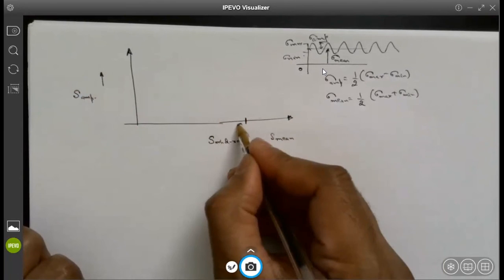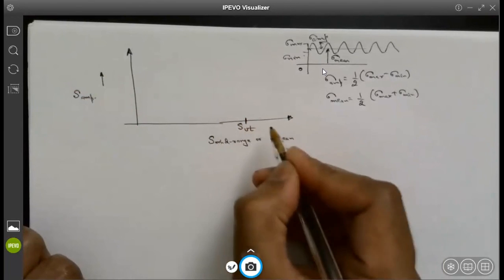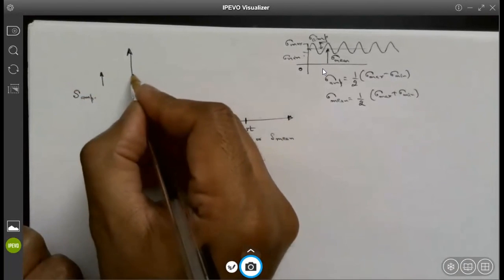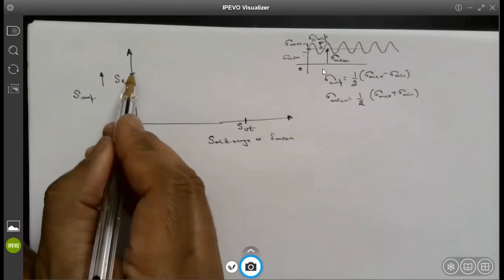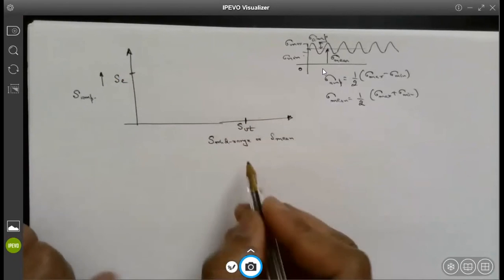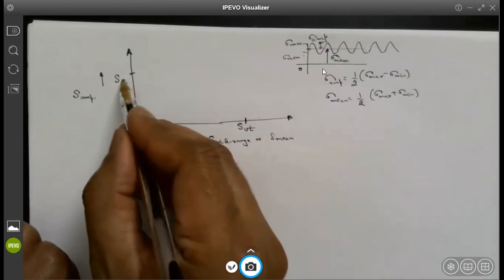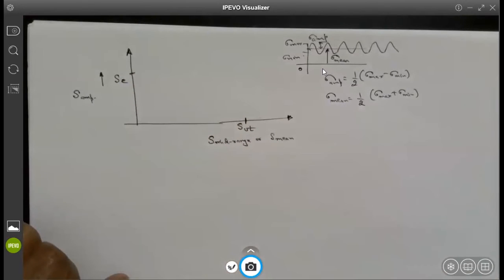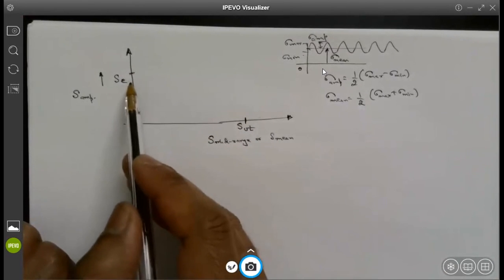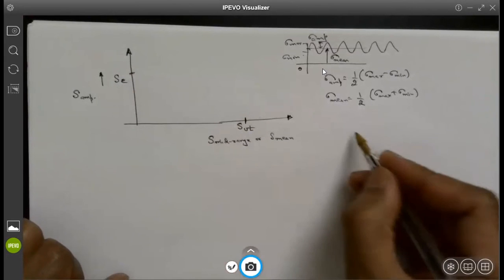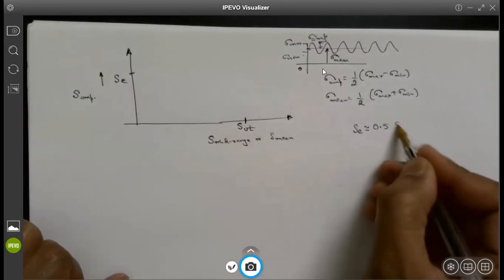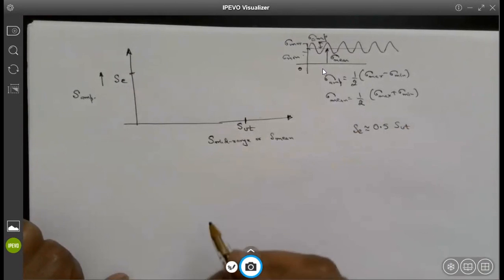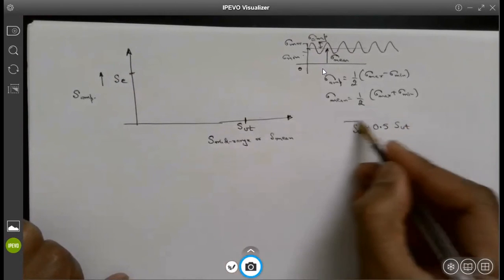On this axis, mark a point, ultimate tensile strength over here. And on this axis, mark a point, which is endurance strength over here. Generally speaking, as I have shown you, for different components and different applications, endurance strength will keep on changing. But as a rule of thumb, you can always assume that endurance strength is approximately 0.5 times the ultimate tensile strength. This is a rule of thumb.